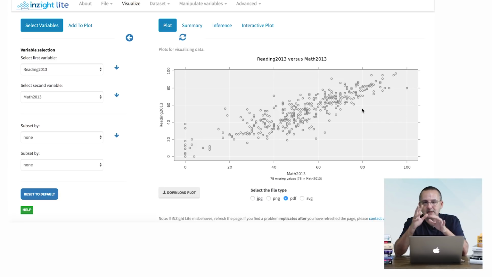There are several potential schools here that may be worth looking into. For instance, I saw this school over here in which fewer than 20% of students could do math well, but more than 55% of students could read correctly. So there is an imbalance between reading and math. What's going on over here? It could be perhaps that school puts a lot of emphasis on teaching reading, but not so much emphasis on teaching math. We don't know, but it's something that we have discovered thanks to the visualization.